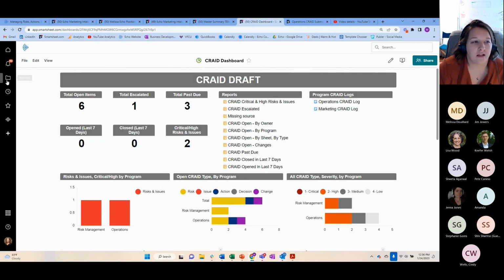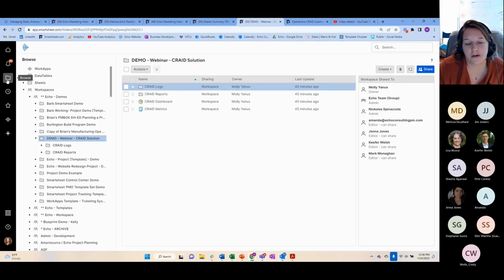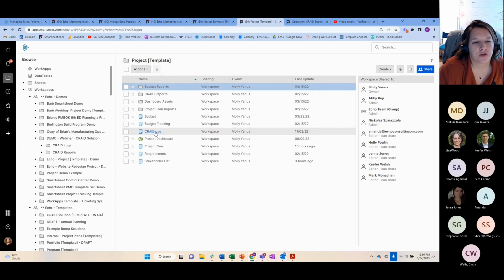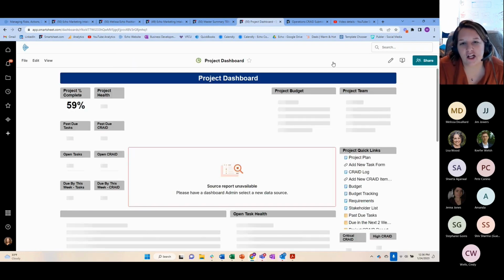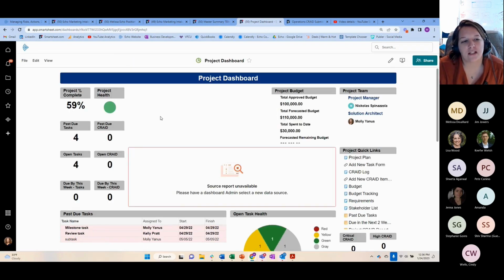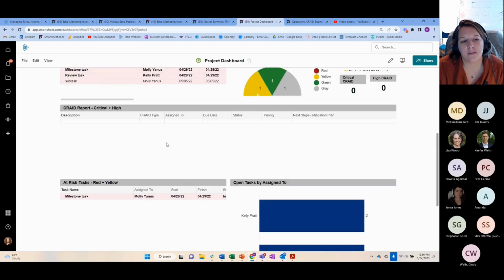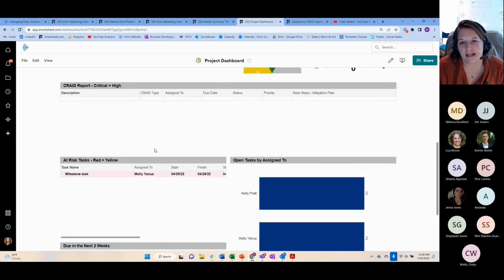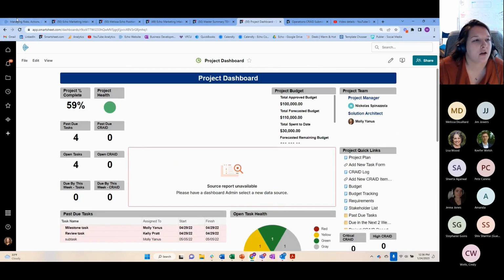The other option is, and this is how, again, when we talk about the PMO implementation and how we do that, let me just pull up, let's see here. Right? So within a project, you might have a CRAID log, and in a project dashboard, right, you might be able to see not only the task items, but also the CRAID items here. So if you think about risks, issues, things like that, they would show up there. A single